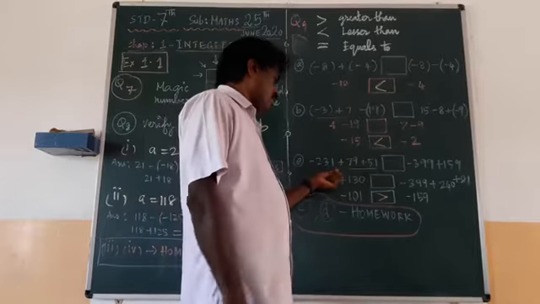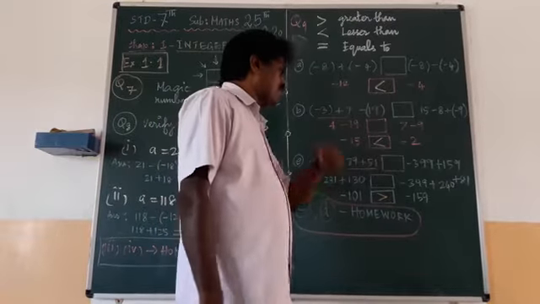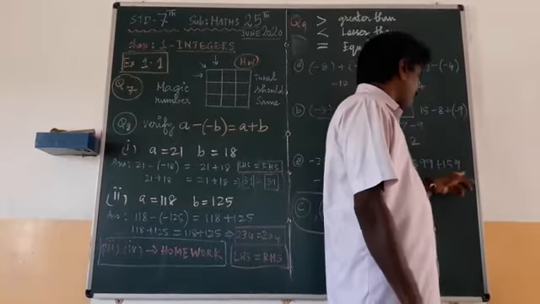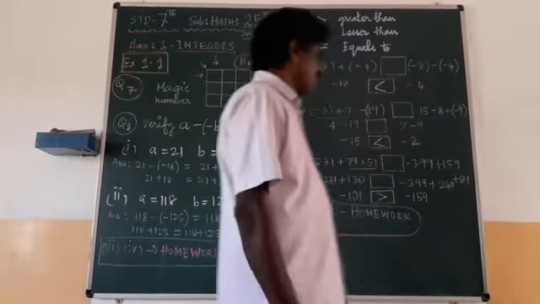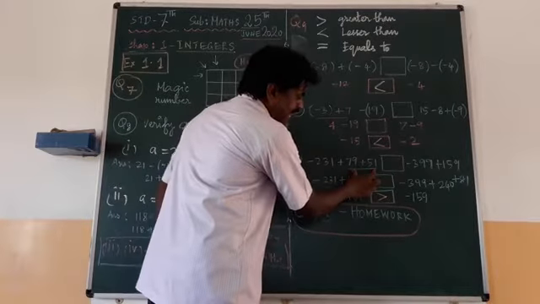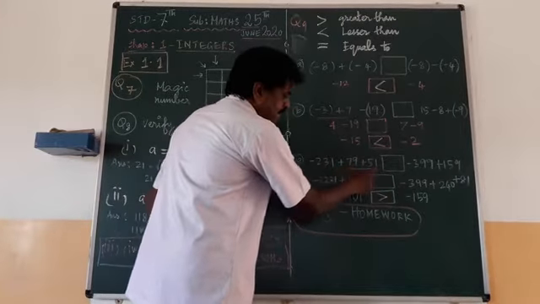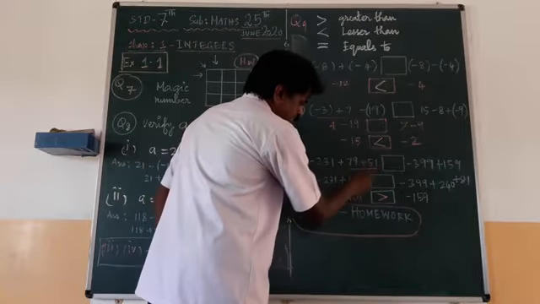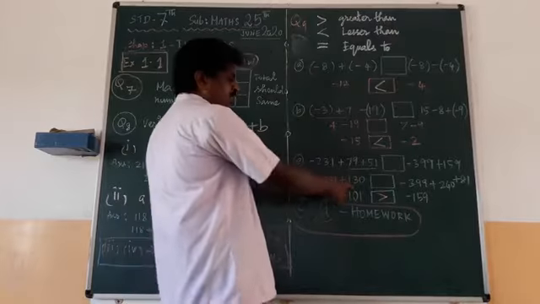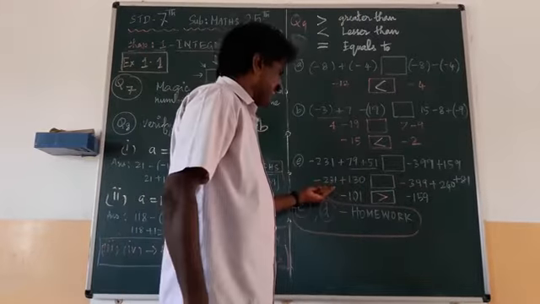Minus 231 plus of 79 plus of 51, box minus 399 plus of 159 plus of 81. It is given. So first side, left hand side. First I am adding positive number. 79 plus of 51. 9 plus 1 is 10, 1 remainder. 12 plus 1 is 13. So 130. Here as it is I am writing.